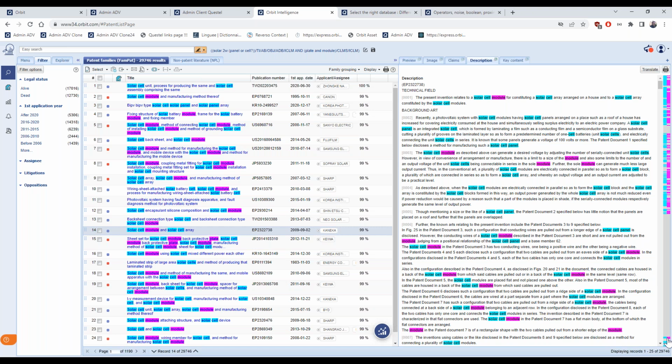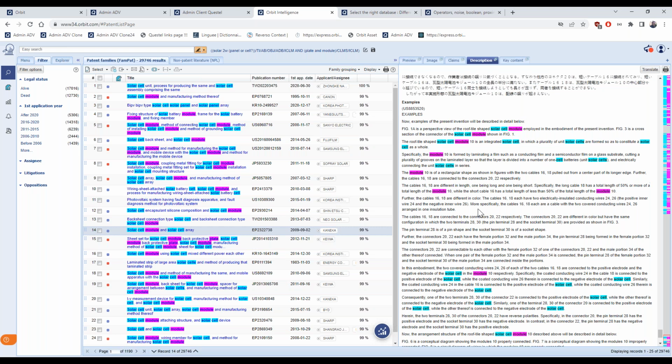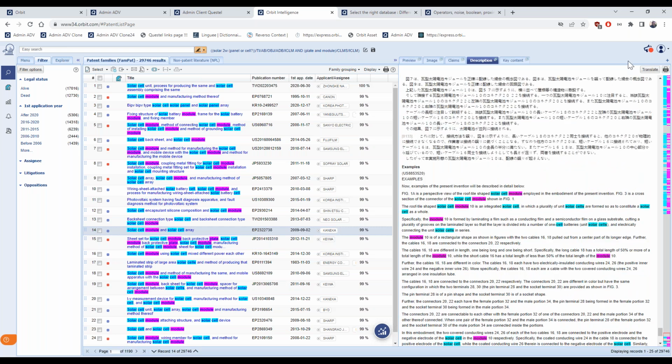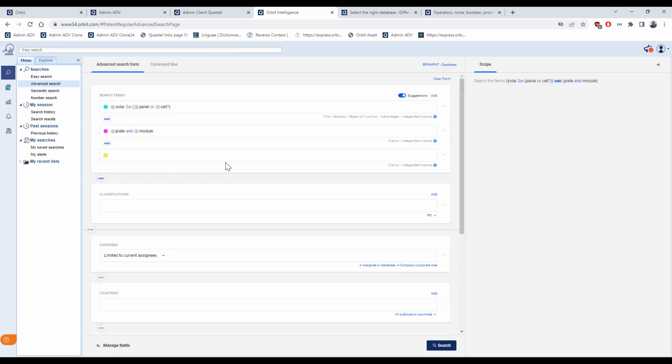So if with your mouse you click on the text section, the system shows you directly where the terms were found. Maybe I would add another term. I'm seeing these results, and put also photovoltaic to have a third color on my results.